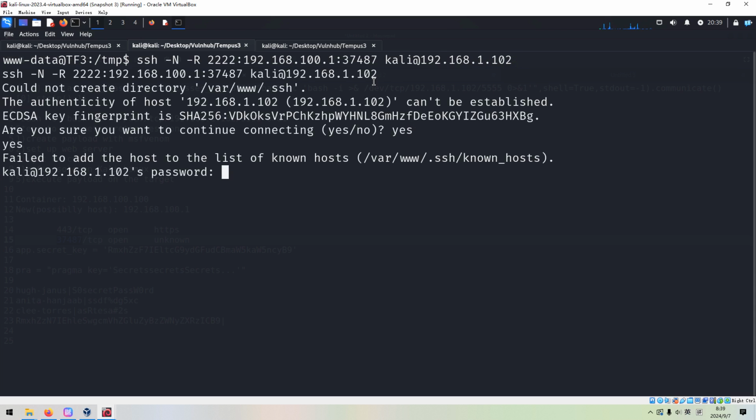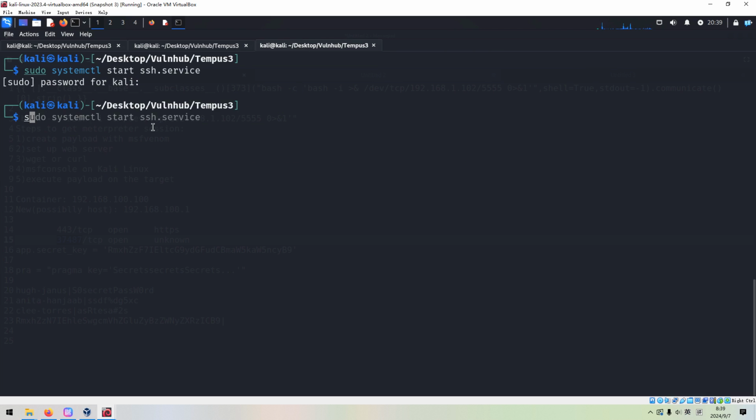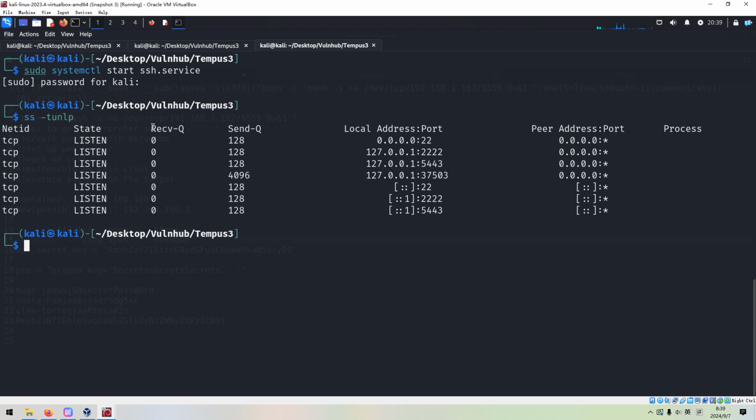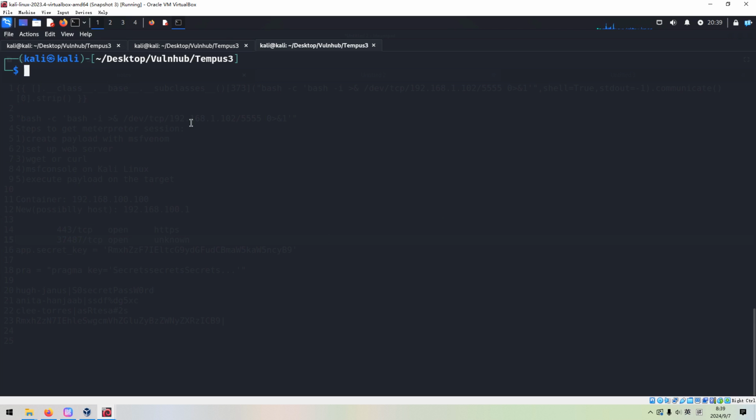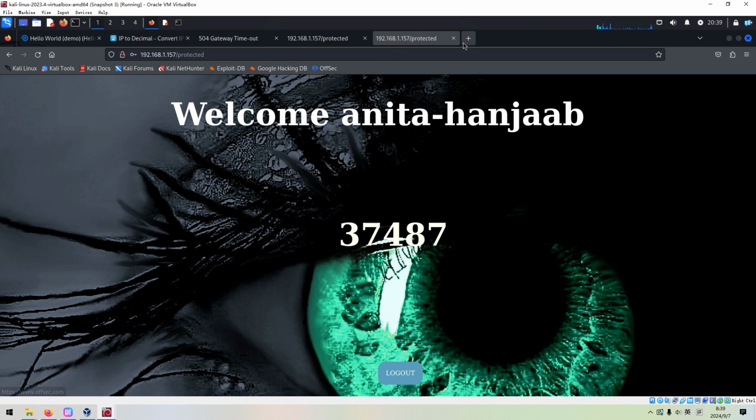Okay, yes. So now if you display the active or open port numbers locally, you can see this port number is open and also this one. So next we can use the browser to access both services.